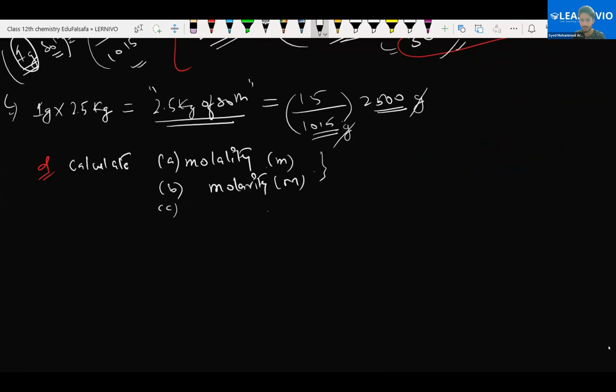I just learned these two things by a slang, that molarity is the elder brother and molality is the younger brother who lisps, molality, like that. So, mole fraction